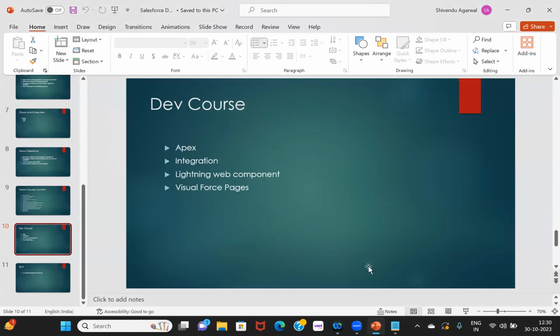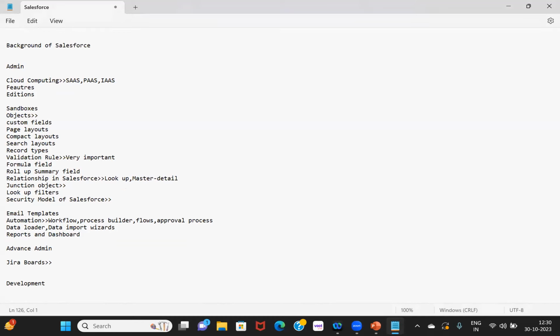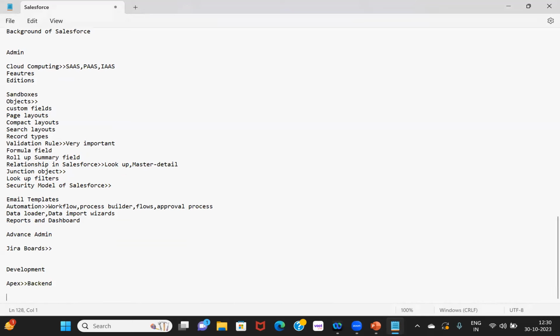Then in development, there are a lot of topics. We cannot write down each and every topic. The document is there, so you can get that document. In development, we are going to cover Apex. That is the backend, the Salesforce language. Whatever backend you are able to see is from the Apex language. For the front end, we are going to cover